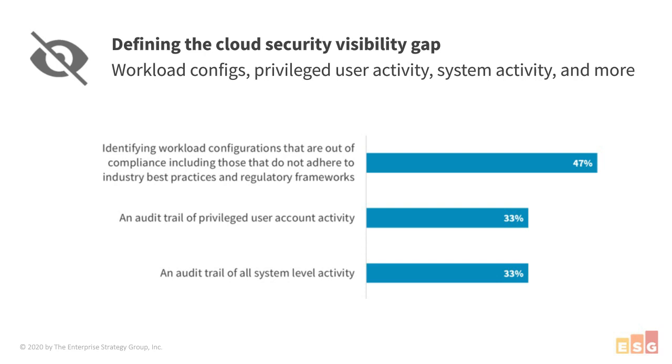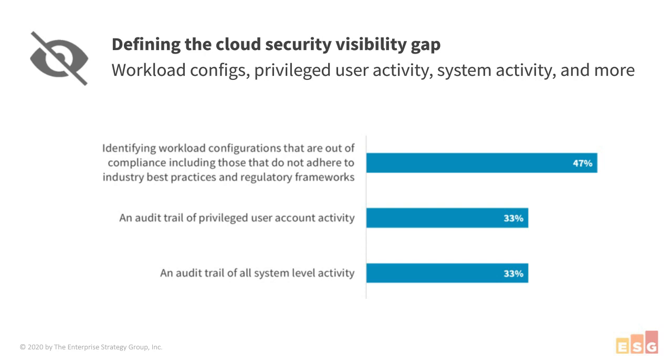The physical perimeter in a hybrid multi-cloud world does not go away. We'll still need the controls in the DMZ, but as we saw before, as more workloads go to a public cloud platform, the workload becomes a perimeter. And you need to gain visibility of exactly what's happening on that workload.